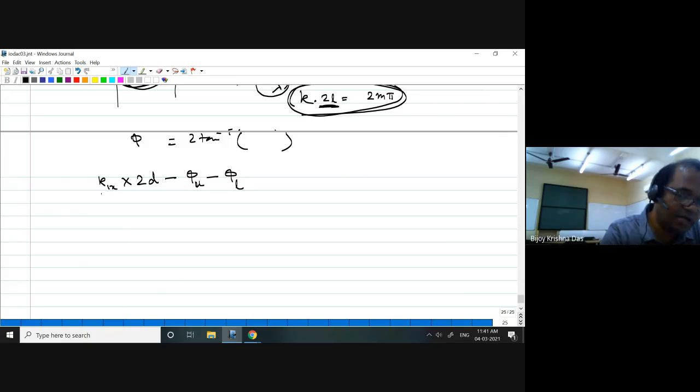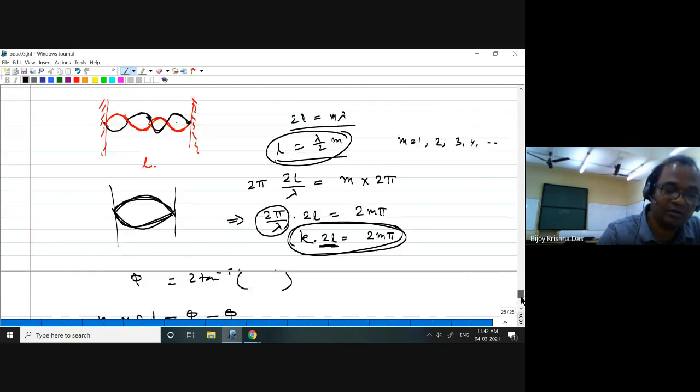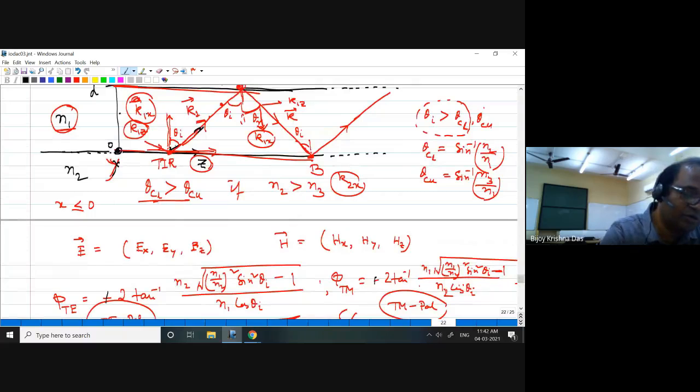So that means I have this x component round trip phase because of the path, which is k1x multiplied by 2d, because k1x is the phase constant per unit length, right? How much phase is happening per unit length. So for a round trip, 2d. But for a round trip, after starting from here, at this point total internal reflection is happening, right? So this point may be just the origin. We just put an origin at O, where I have written O.